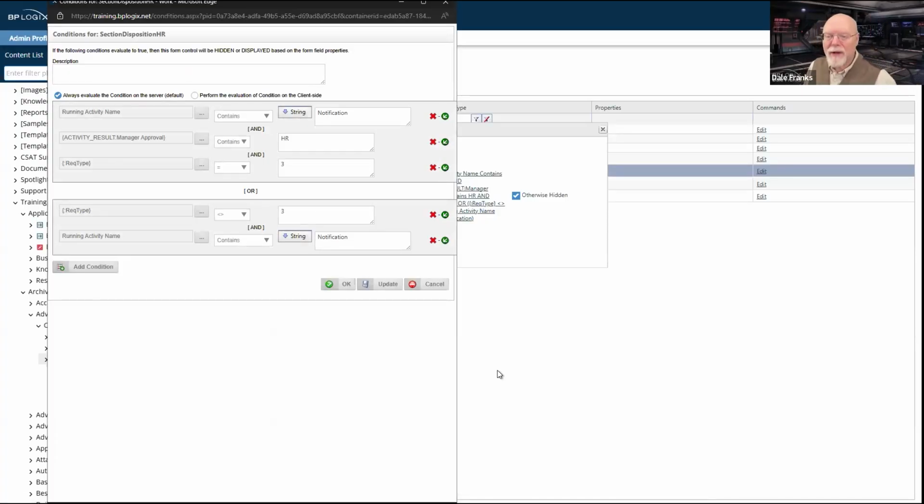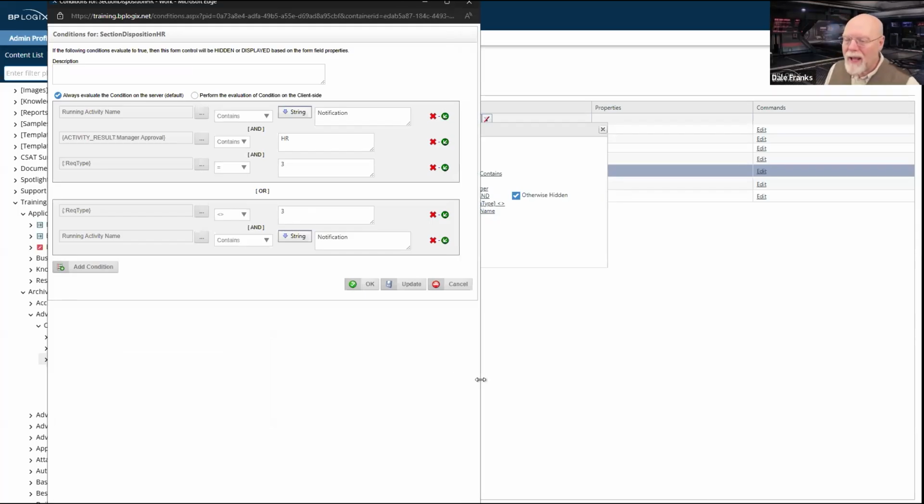So at any given time, no matter where I am in the process, I need to be able to create conditions that are specific enough so that one and only one of those embedded sections can show up on any given email message that is being sent out by the system.